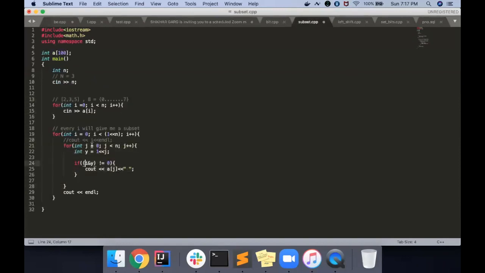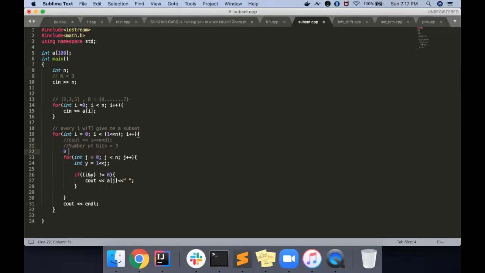So I'm just doing that. To print the binary of the number i, I just have to print some bits. The total number of bits I told you would be 4 in that case, but in this case it will be 3 because there are 3 numbers, like 0, 0, 0, 1. So every subset will contain 3 numbers, and we are choosing a number, so we have to just check for 3 bits.